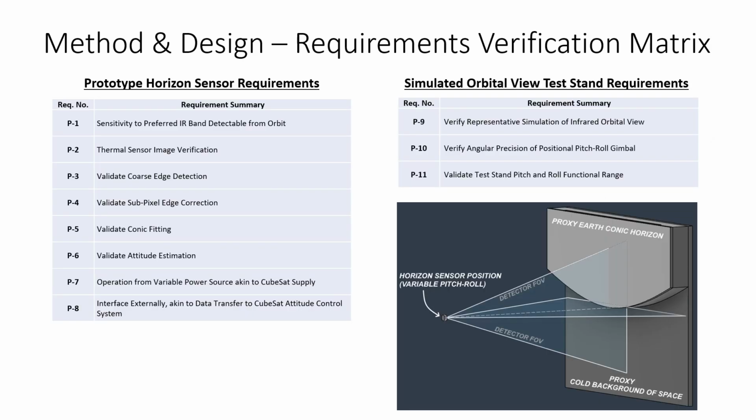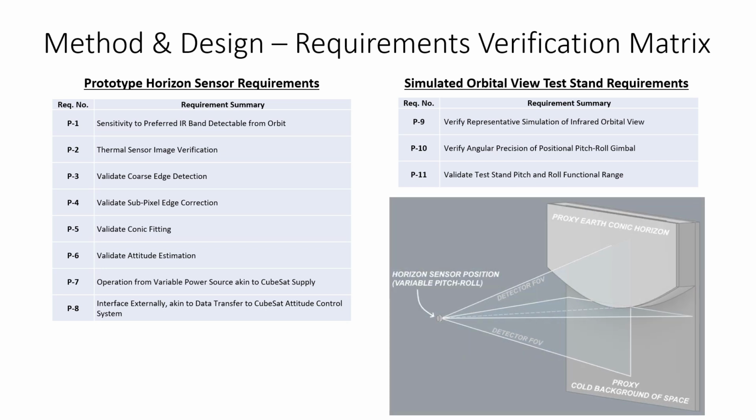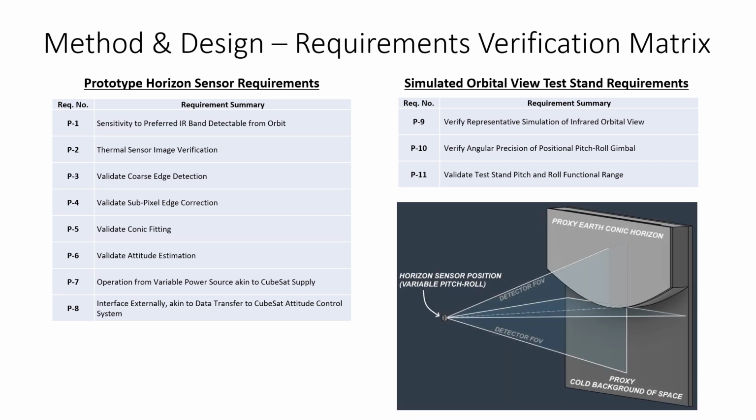By mounting the horizon sensor to a precisely controlled pitch and roll gimbal while it views the simulated orbital scene at various orientations, its navigation outputs can then be evaluated against the physical orientation of the sensor. So the main considerations with the design of the test stand was ensuring that the temperature delta between the two plates approximate that as seen from orbit, and that the accurate conic projected shape was represented on the front face